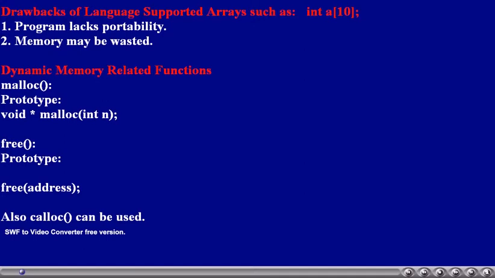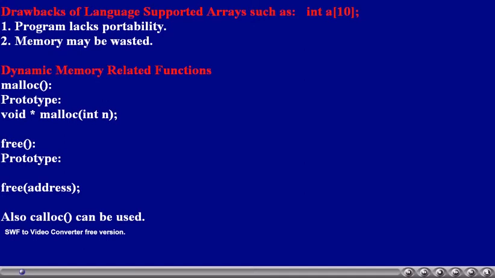In order to do these operations of allocating memory and deallocating memory, we have a set of functions. They are called dynamic memory management functions. Mind it, all these things are in the hands of the programmer. The example functions are malloc, calloc, realloc, free, etc. Malloc, calloc, realloc, etc. are allocating memory, whereas free is meant for deallocating the memory.